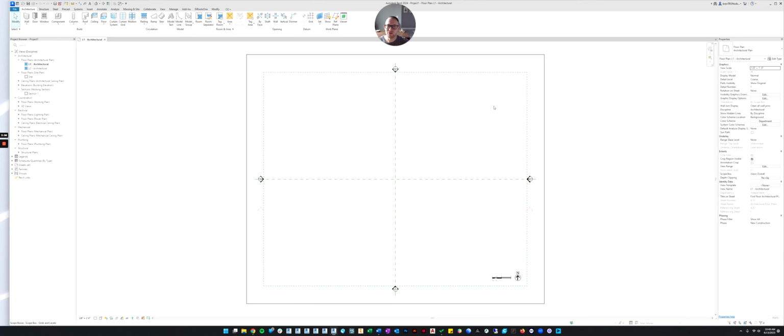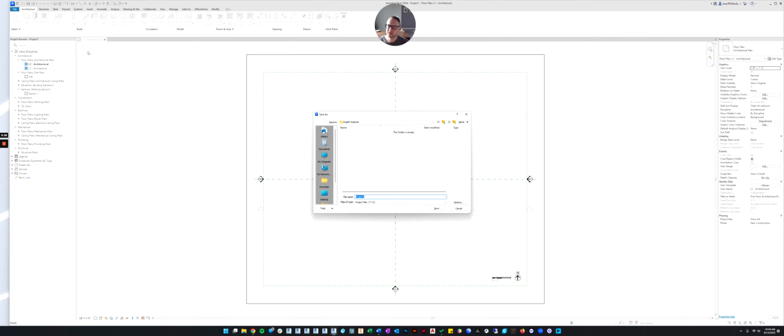So right out of the gate, before we do anything, let's just save it now. We're going to hit Save As, and we're going to come over here. There's a couple options. Like I said, we're not saving a template, and we don't want to save a cloud model. We want to create a project. So we're saving it as project. And now you can browse anywhere on your computer and save it. So I'm just going to go to my desktop, and we're going to call this exercise 1. And I'll save it on my desktop.